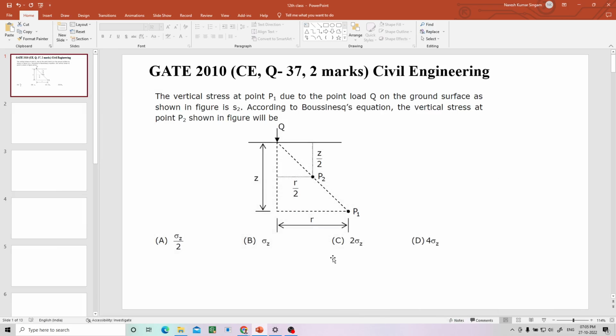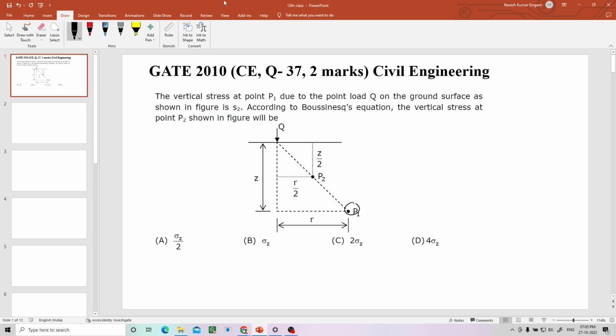Okay. So if you have been there in the previous classes, this is related to that only, almost, Boussinesq's theory. So first we'll go through the question. The vertical stress at point P1 due to the point load Q on the ground surface as shown in the figure is,